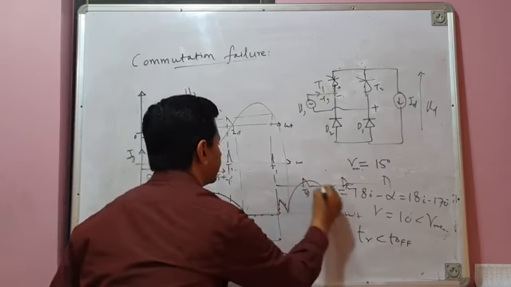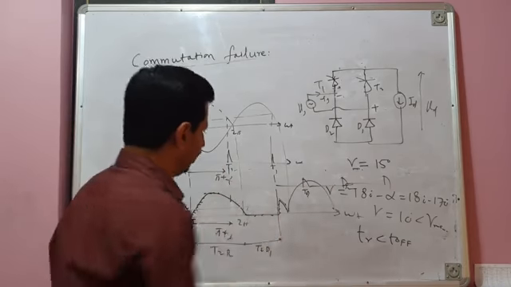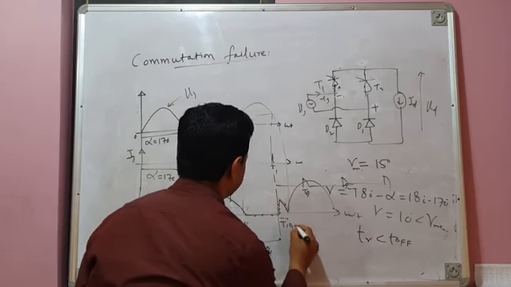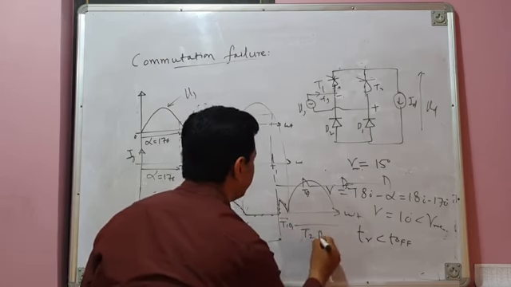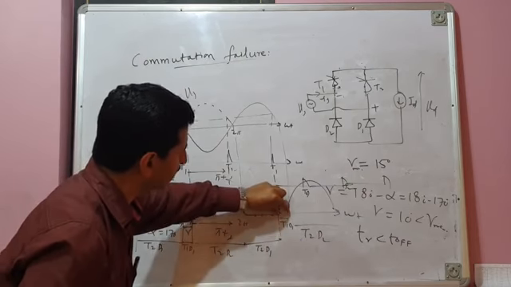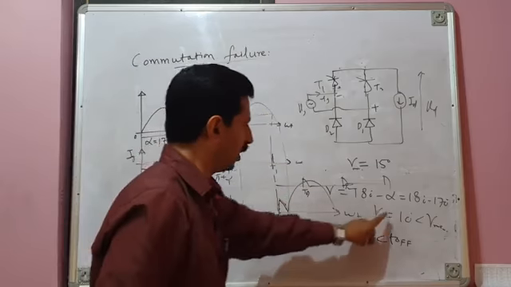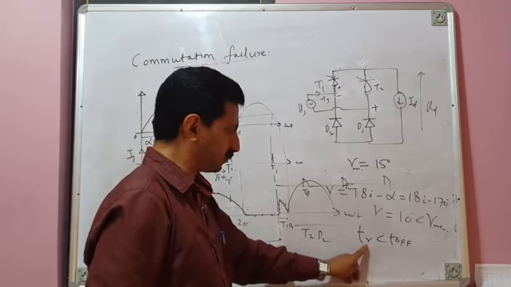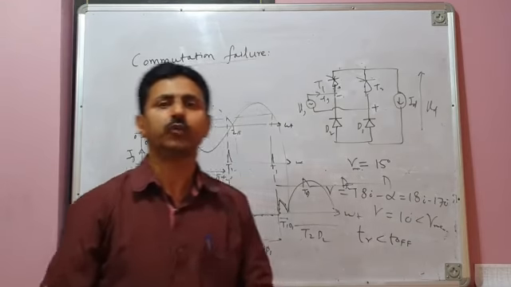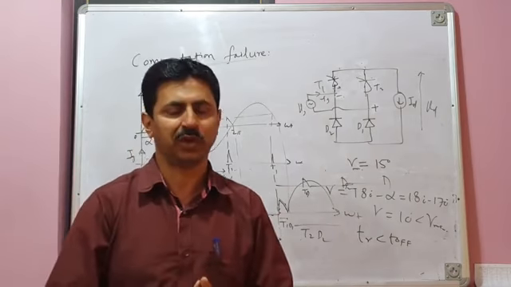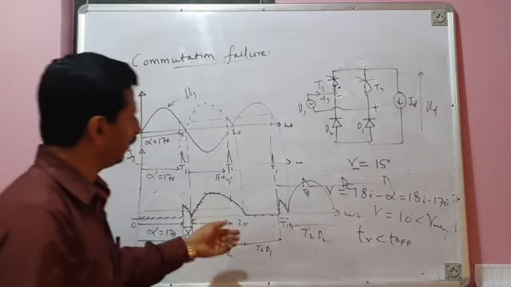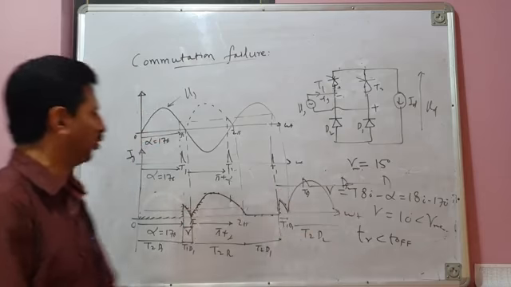It will be a very small positive segment of voltage when you have T1 conducting. उसके बाद फिर से, फिर यहाँ T1 D1 कंडक्ट हो जाएगा. उसके बाद T2 D2 फिर से कंडक्ट हो जाएगा because T1 is again on and it applies reverse bias across T2 for only 10 degrees. So that means gamma time is less than T off. So T2 will never regain its forward voltage blocking capability. Whenever forward bias gets applied across it, it will not wait for the firing pulse, it will immediately go into conduction.